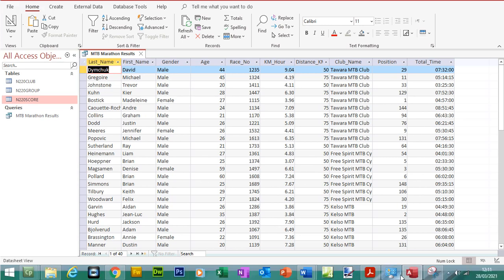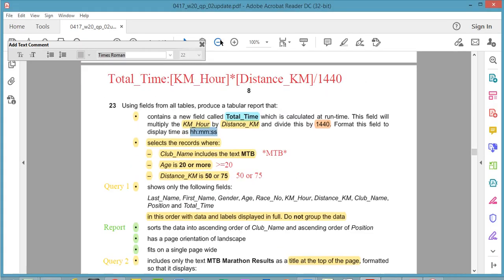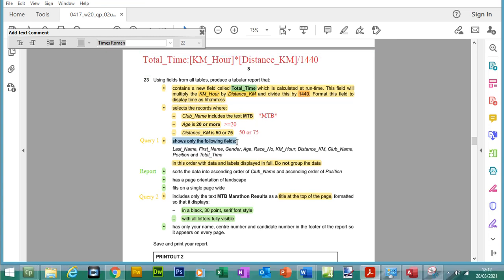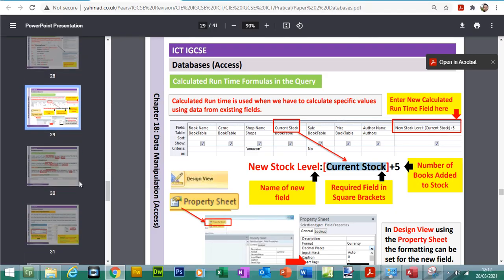Okay, so I think we've finished all of the tasks with the query. Let me double check. I'm just going to highlight all of the tasks that we've finished so far. It's really useful to annotate your question paper, so you can see I've annotated the formula before I entered the formula. We've got the field selected, that's fine. Okay, so now what we do is the report task, and this is how the data is going to be represented. So if I go back to the PDF,